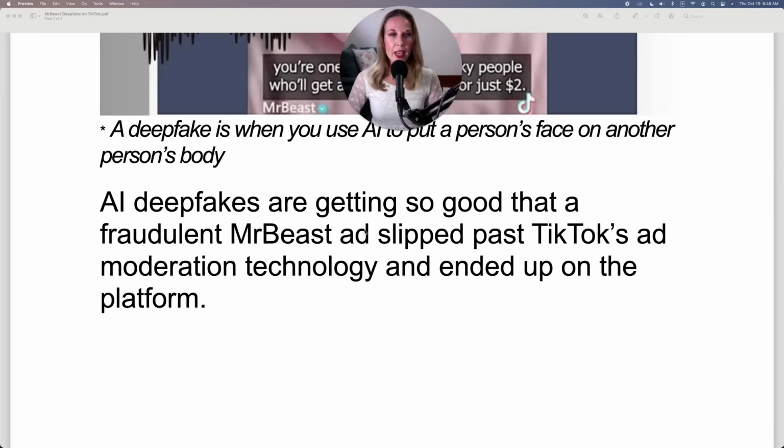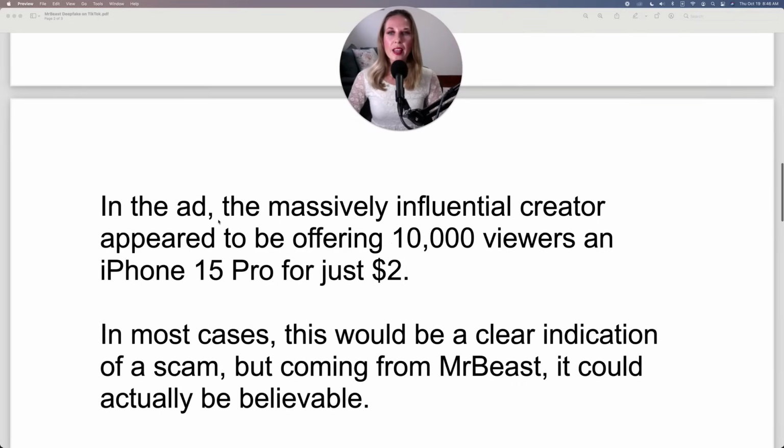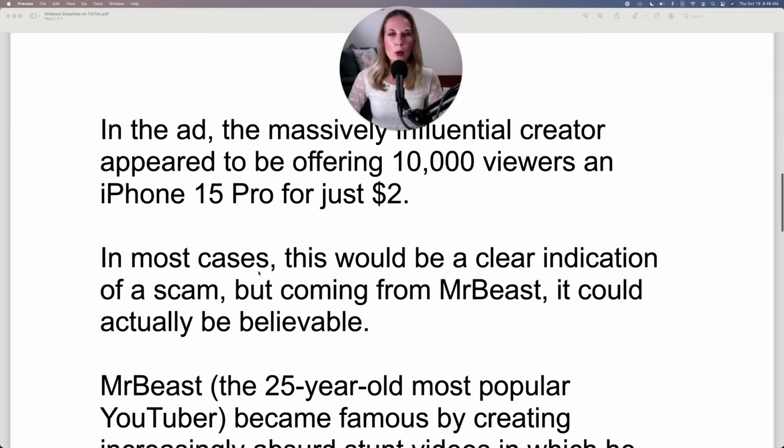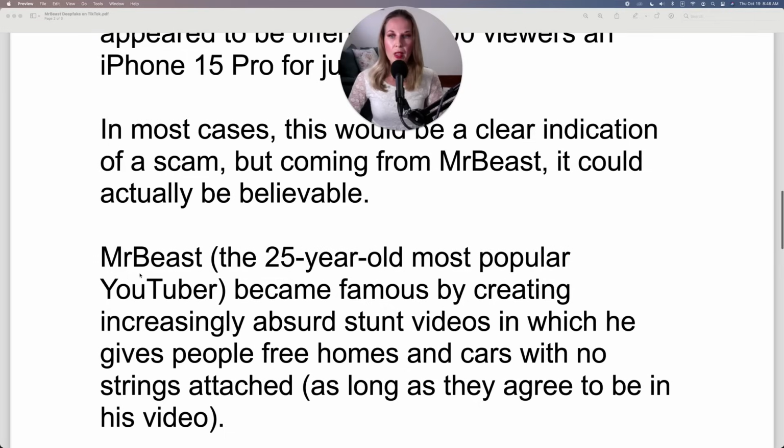AI deepfakes are getting so good that a fraudulent MrBeast ad slipped past TikTok's ad moderation technology and ended up on the platform. In the ad, the massively influential creator appeared to be offering 10,000 viewers an iPhone 15 Pro for just $2. In most cases, this would be a clear indication of a scam, but coming from MrBeast, it could actually be believable. MrBeast, the 25-year-old most popular YouTuber, became famous by creating increasingly absurd stunt videos in which